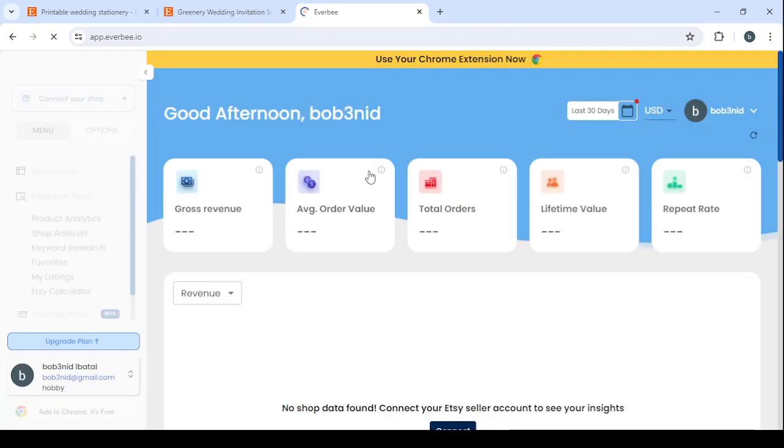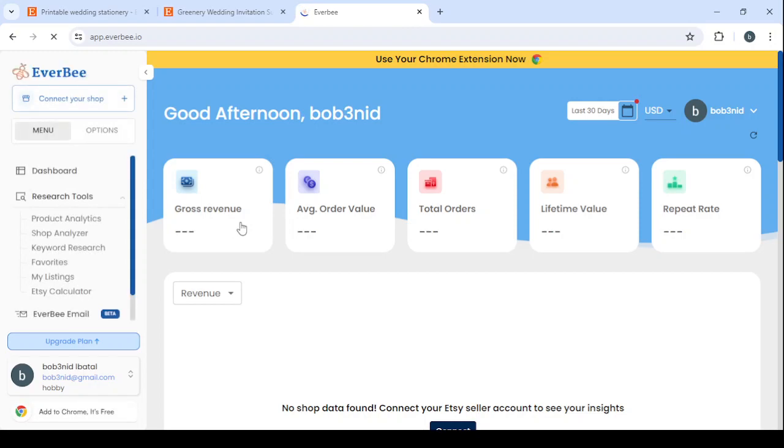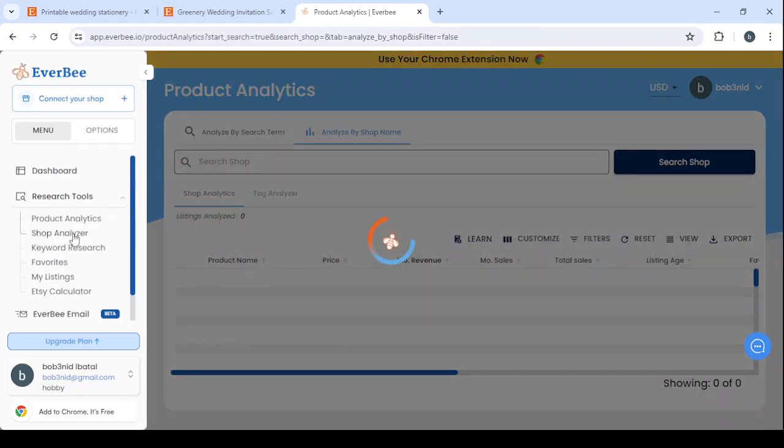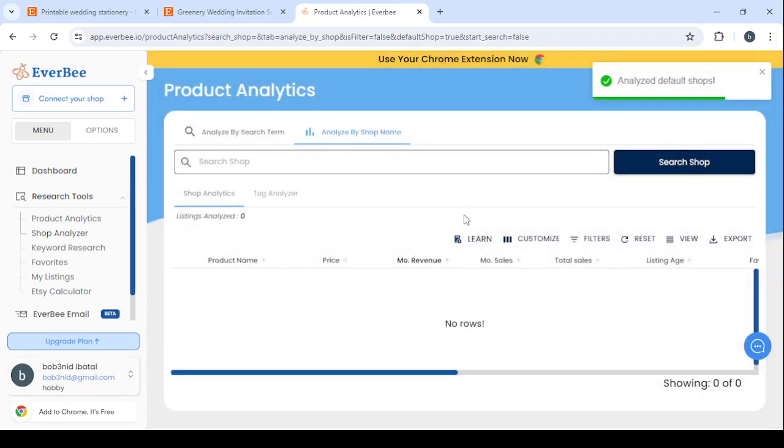Here give it a few seconds and let's go to the shop analyzer. Here you will be able to see the gross revenue, average order value, total orders, and all of these things, but you will need to pay or upgrade for the paid version. But we won't need that. We will be able to see everything we need with the free version only. So here let's wait for this to load,